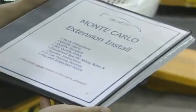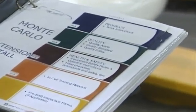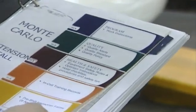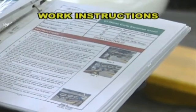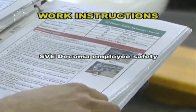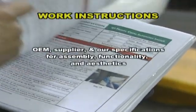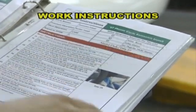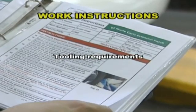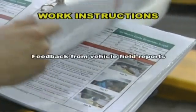Accessories are installed by the same core group of experienced operators. They are trained on multiple operations and move to different workstations throughout the day. Employee training sessions are based on work instructions and employee input. Specific work instructions are compiled with consideration to SVE Decoma employee safety, vehicle purchaser safety, OEM, supplier, and our specifications for assembly, functionality, and aesthetics, assembly trials, tooling requirements, input from the OEM and SVE employees, feedback from vehicle field